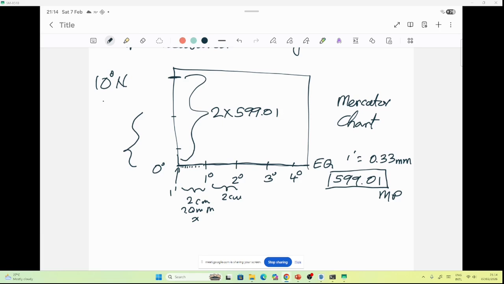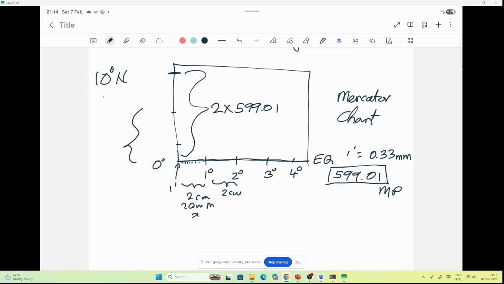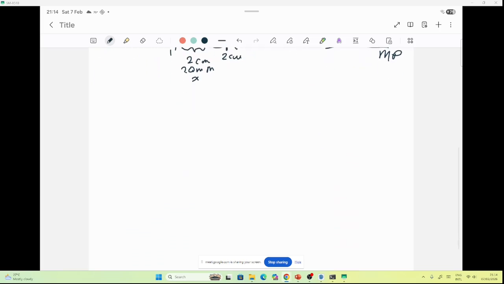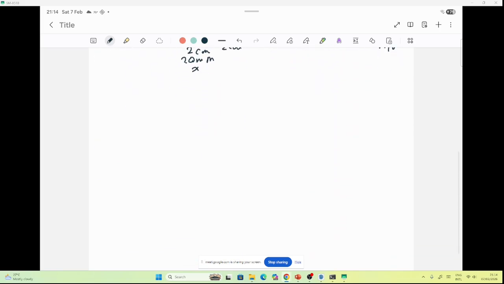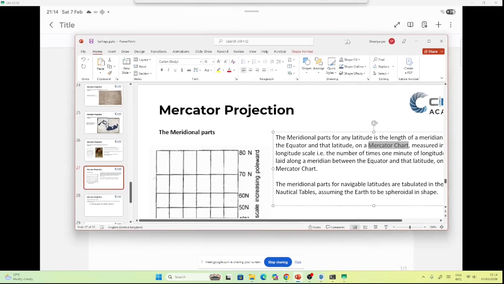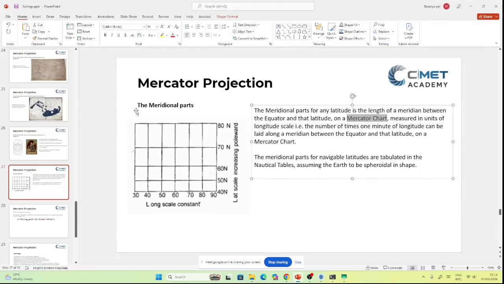Are we clear? Yes, sir. All right. Okay. So meridional parts in simple terms, you can see what meridional part means, right? But we don't need to go into the calculation in detail. But you should know the chart construction in detail because you are working on the Mercator chart. So you should understand the construction of the chart deeply, because I think in your exam